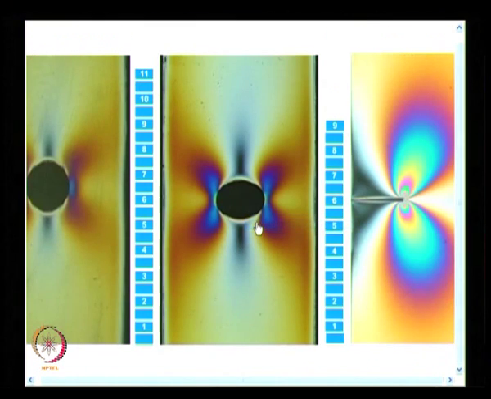Without much effort, you are able to get it, and you get a closer picture when I have a look at it like this. Some of you have already made the sketch, and I would like you to make a sketch of it, and the essential features. You have this kind of a fringe field, and a fringe field like this, you have fringes forward tilted, and so on and so forth.